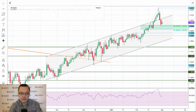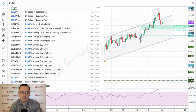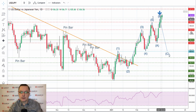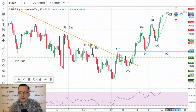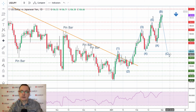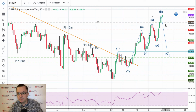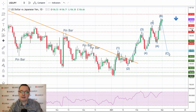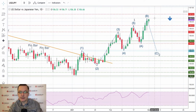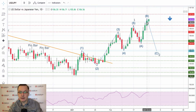And the last one, I think we should take a look at the American dollar to the Japanese yen, due to the data from the US. As you can see right now, our scenario that includes an ABC pattern to the downside is being challenged by the market participants. So right now we should just very carefully track this Elliott wave scenario. It might not necessarily be the right one, because the wave B correction to the upside is just getting too high, right? Because the last high was made at